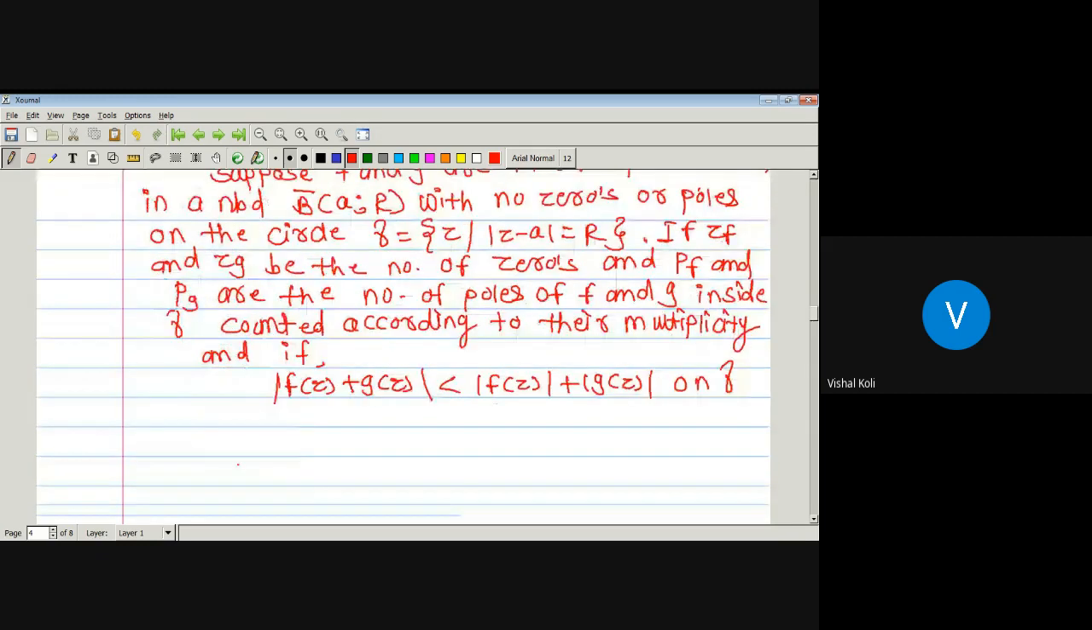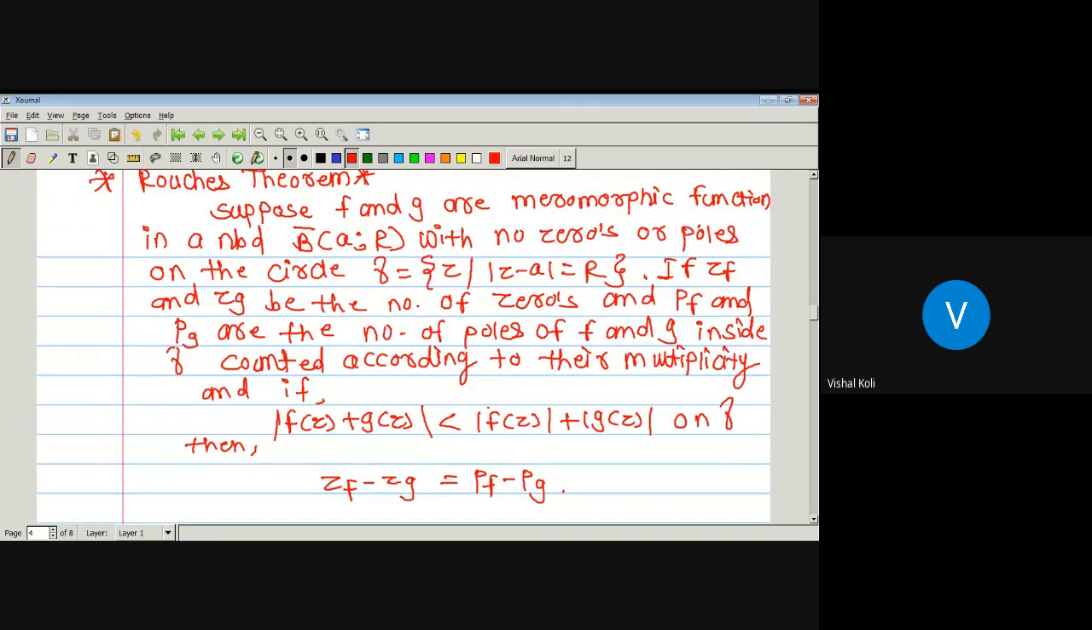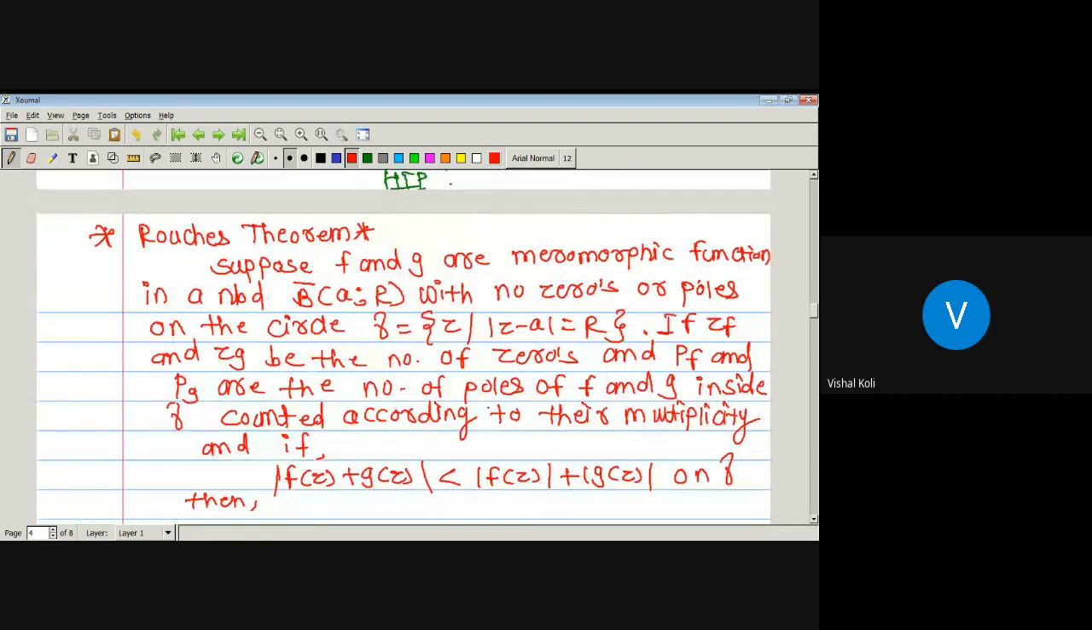then zf minus zg is equal to pf minus pg, where zf is the number of zeros of the function f and zg is the number of zeros of the function g. Pf is the number of poles of the function f and pg is the number of poles of the function g. Whenever we have two meromorphic functions f and g defined on a neighborhood of the closed disk centered at a and having radius capital R, with no zeros or poles on the boundary of this circle,